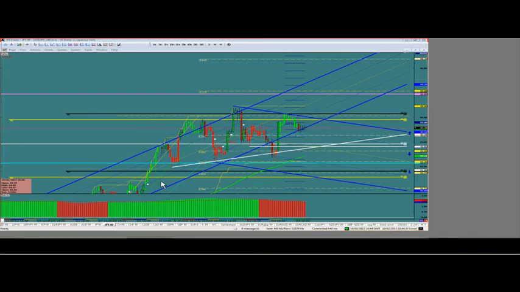Aussie dollar. 93円20銭ではなくて92円20銭でした。売りの場合は92円20銭を狙っていきたいと。